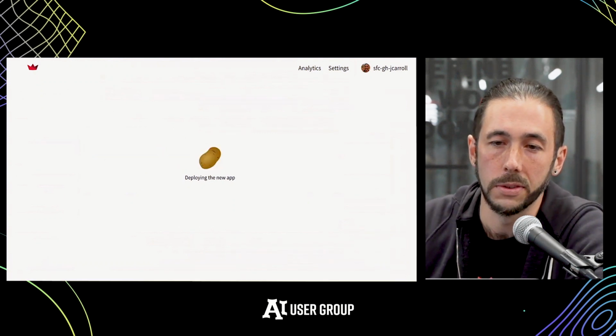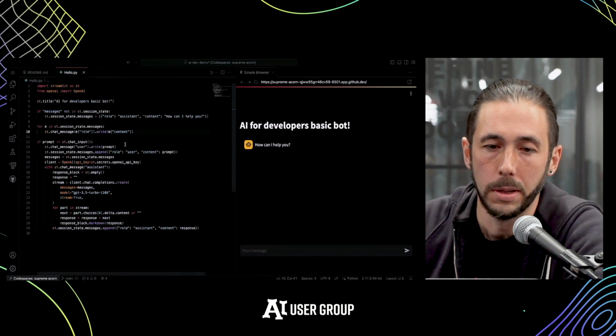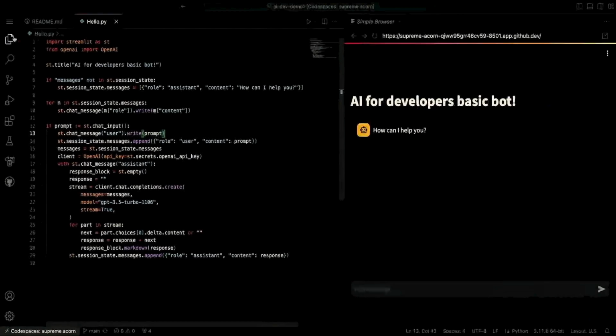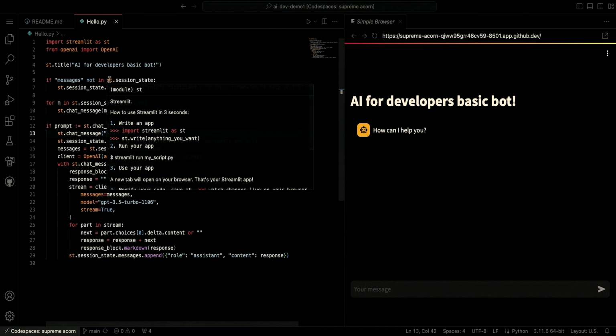I'm not going to go through that because it'll take a couple of minutes to load, but I'll jump to one that I pre-set up just by copying in some of the files and setting up some of my secrets so that I'm not leaking my OpenAI keys to all of you. And so this is a super basic chat application, and I'll walk through what this application is doing, and then I'll build a couple of features on top of it, just to show how easy it is to